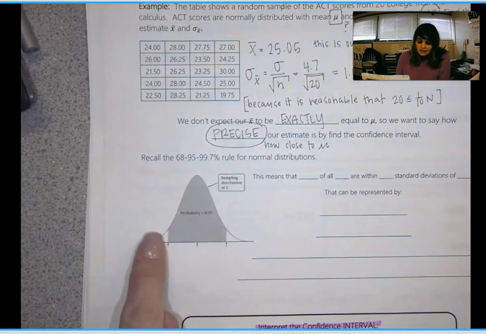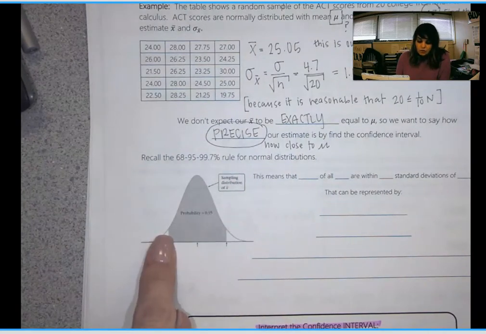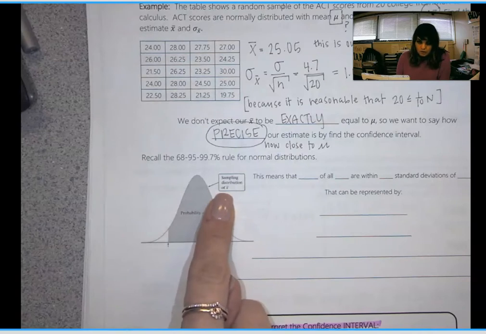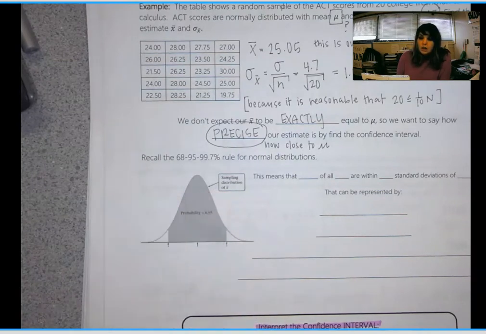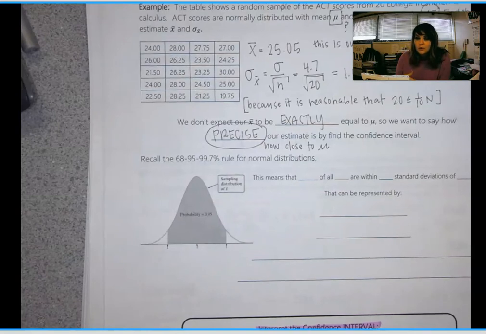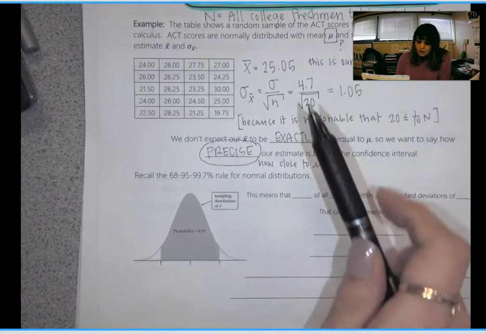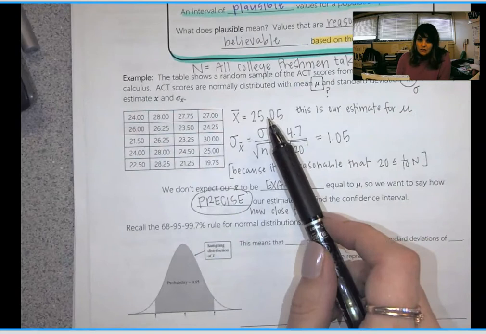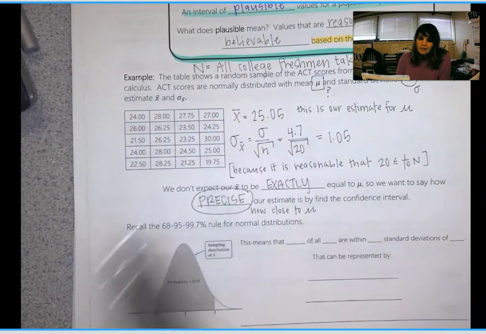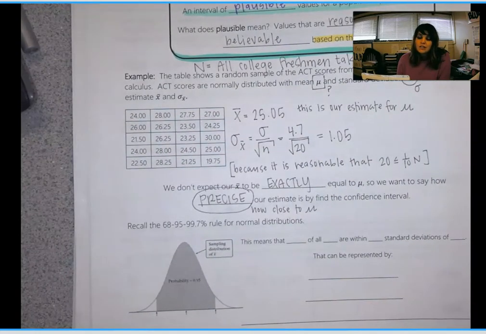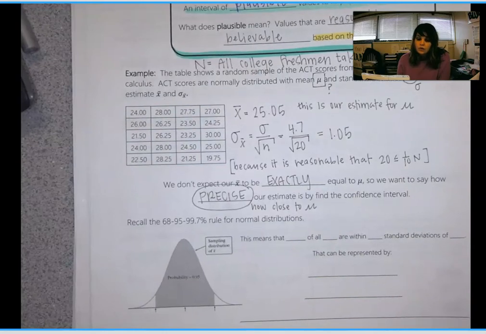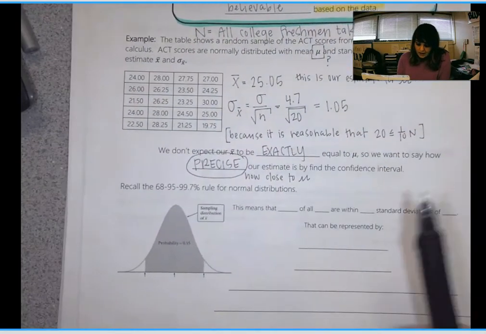So they're saying that this is the sampling distribution of X bar. This is the sampling distribution of samples of college freshmen taking calculus that are size 20. So we know that it's likely that 25.05 is within 2 standard deviations of the true value, because 95%,